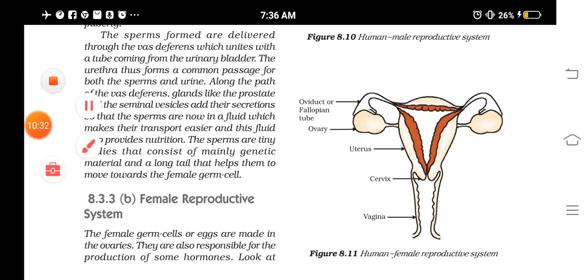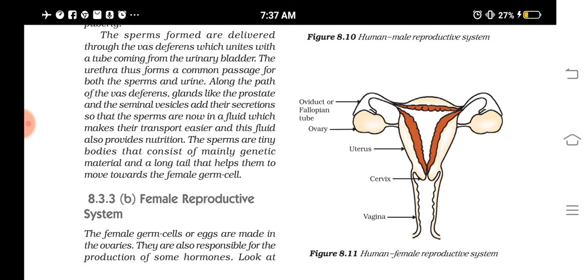So this exchange of materials and the nourishment of the baby takes place through the tissue called what? Placenta. Understood? So the placenta contains villi, which you have studied now, finger-like structures on the embryo side, and they are embedded in the blood spaces provided by the mother's side. So the placenta contains both the embryo side and the mother's side. The embryo side contains villi, the finger-like projections placed into the spaces on the mother's side. Is it clear? So these are the different parts of the female reproductive system.